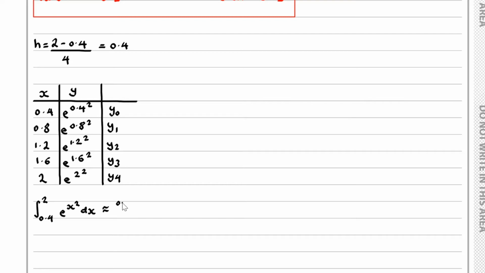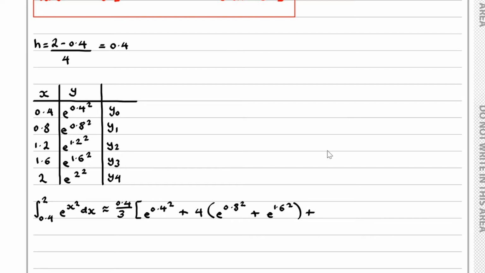So we have 0.4 over 3 lots of our first y value, e to the power of 0.4 squared, plus 4 lots of the odd y values. So we have 4 lots of e to the power of 0.8 squared plus e to the power of 1.6 squared